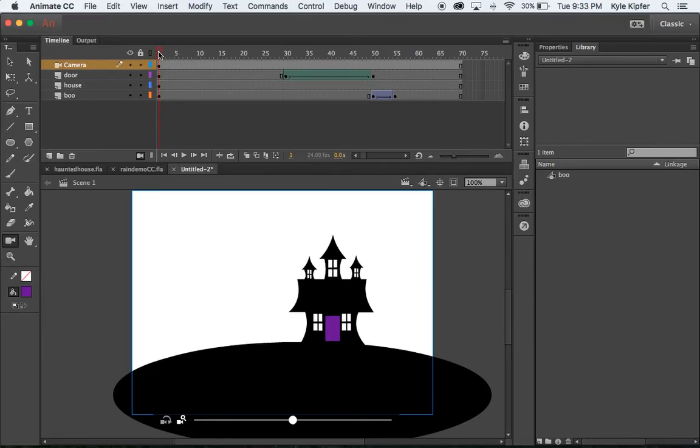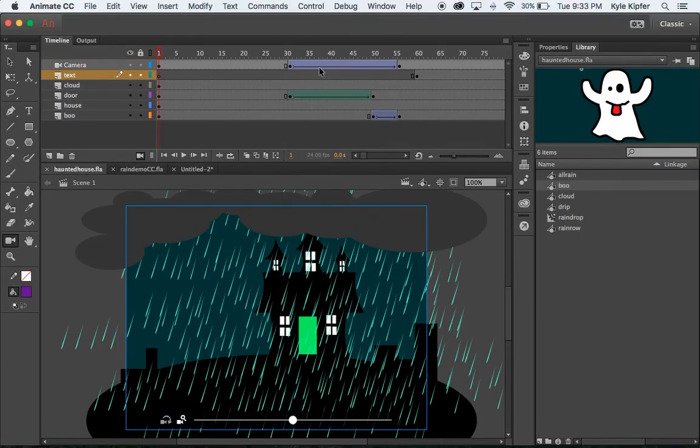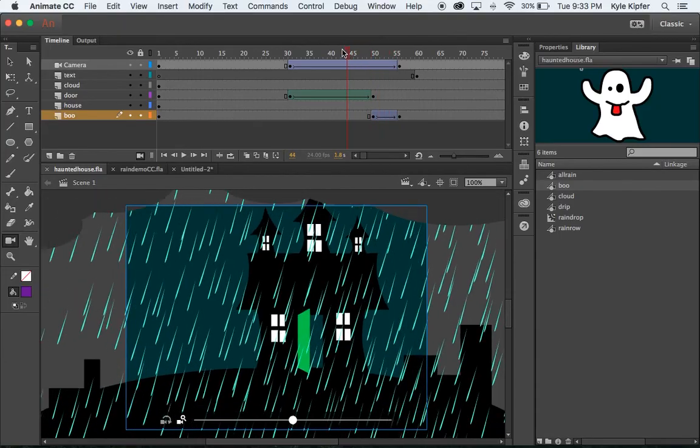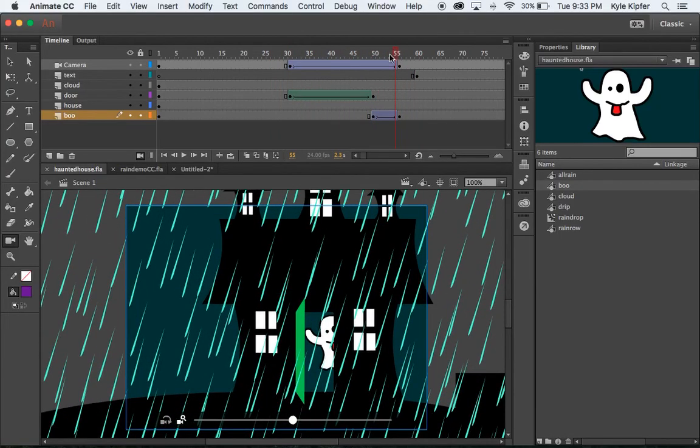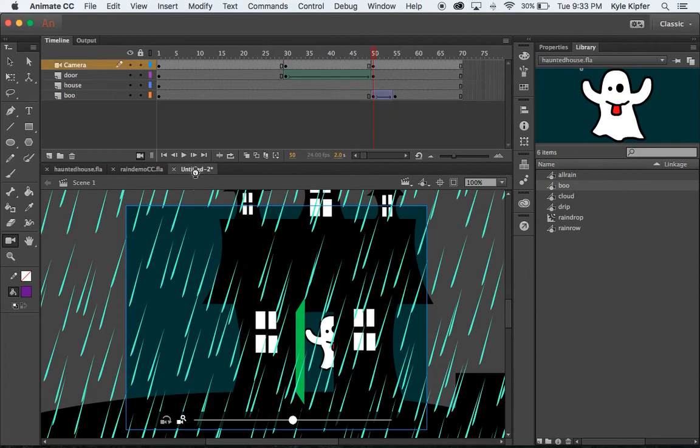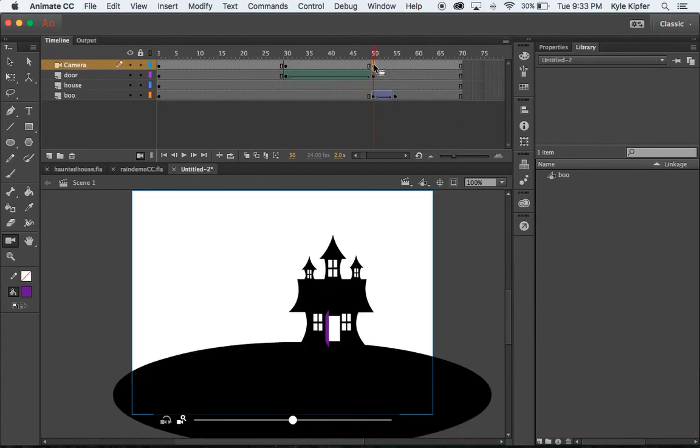And so what we want to do is create a new keyframe right about when this door starts to open. Right about when the door starts to open is when I want the zoom to start. We're going to zoom in on this door actually opening. And then once the door opens, we'll put another keyframe there, and that's when we'll be at our zoomed in point. Okay, so just going back and comparing here, I had it going a little bit past that in my original example, and so maybe I will keep that consistent here. So I'm going to take this frame and just move it right down to the end,